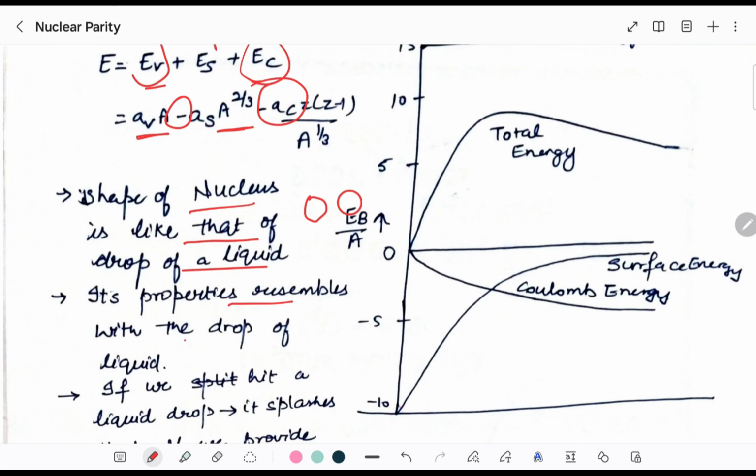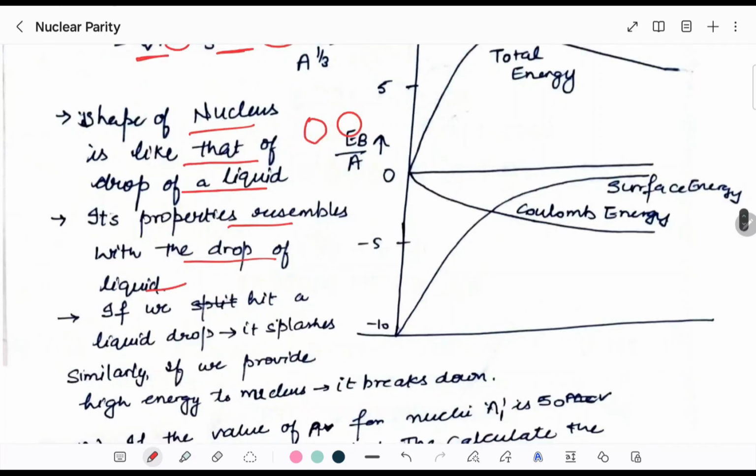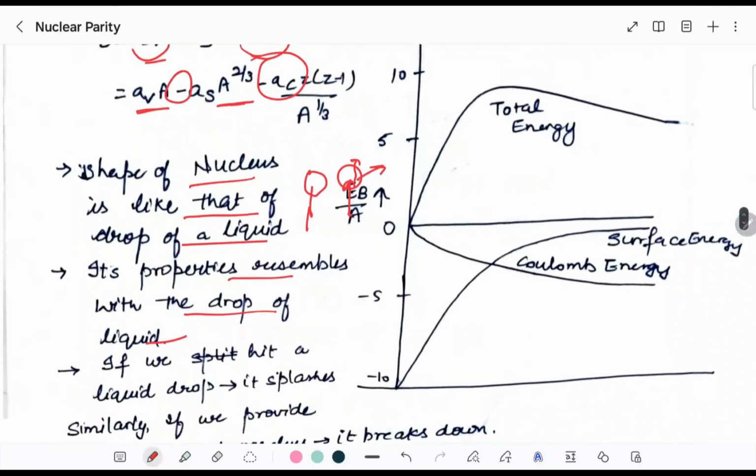Why is it known as a liquid drop model? Because its properties resemble those of a drop of liquid. Suppose we hit a liquid drop, it splashes. Similarly, if we provide higher energy to the nucleus, then it will break down. We can also understand it